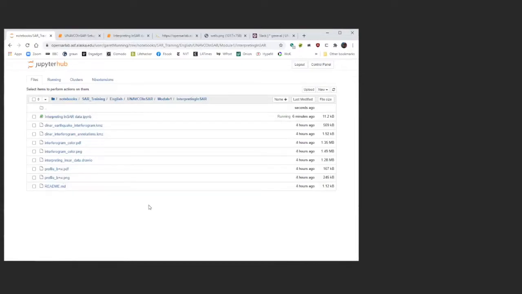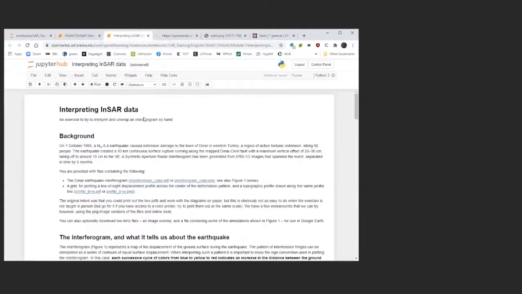Now, I guess people are still having trouble getting this far, but there are potentially things that we can talk about even so whilst you're waiting. Okay, so that notebook really doesn't have any executable elements in it. It's just a kind of placeholder for a bunch of things. And what we're going to be looking at is an interferogram of an earthquake. This earthquake happened in Turkey in,